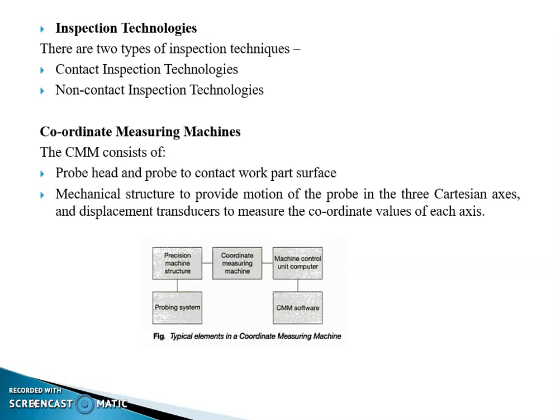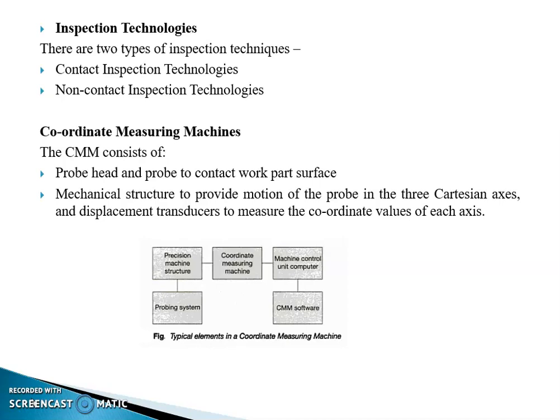inspection techniques. Third one, the part handling is lower with non-contact inspection than with the contact inspection. And last one, it allows for a possibility of 100% automated inspection for the above reason. That is, for non-contact, it uses 100% automated inspection technologies. These are the advantages of non-contact inspection technique over contact inspection techniques.